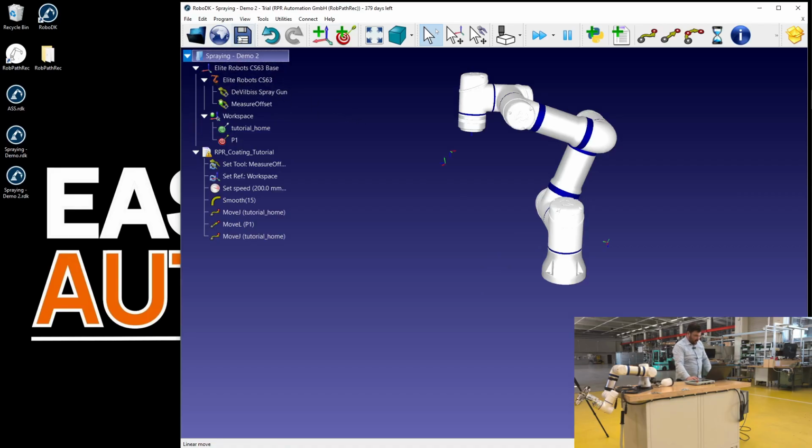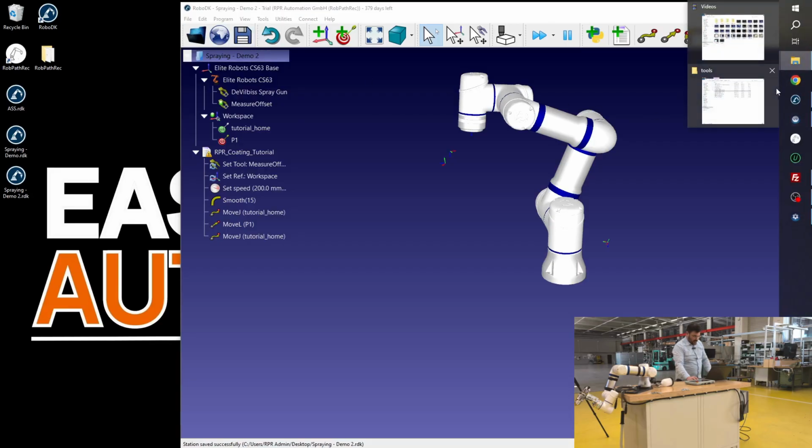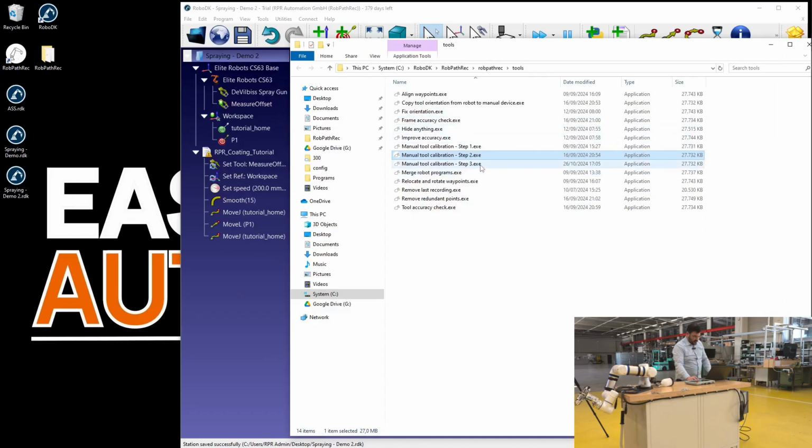So right now, very important, we save the station and we come back to our Afterwork Tools folder, and we are going to step 3. So we just run manual tool calibration step 3. I just double click it.